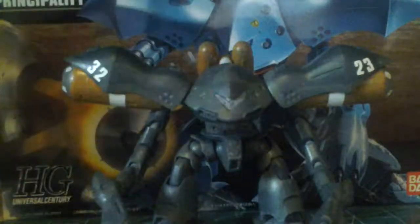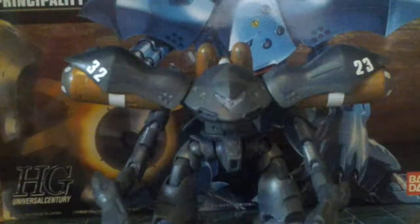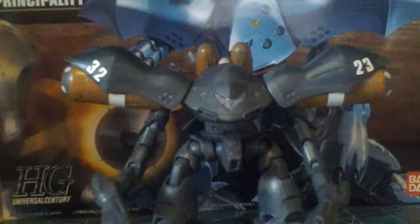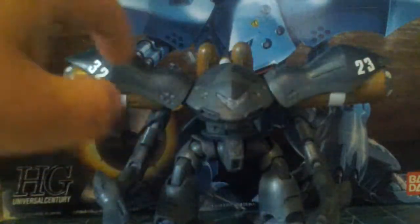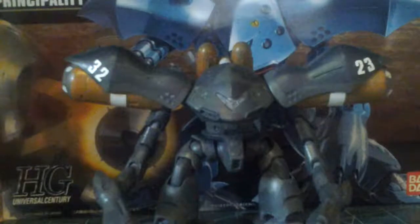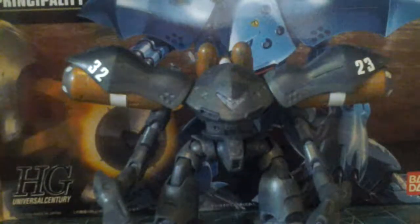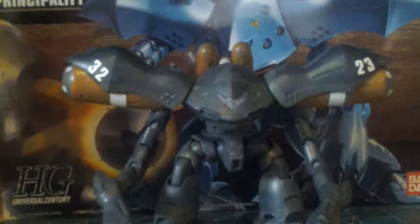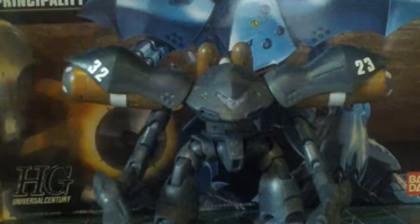So I painted it all up in just the main parts other than the submarine pack and the tanks. I just painted that up with some Tamiya fuel blue, and then I masked off some areas and painted it with some Rust-Oleum moss green to give it sort of a swampy camouflage look. And you can most notably see that on the